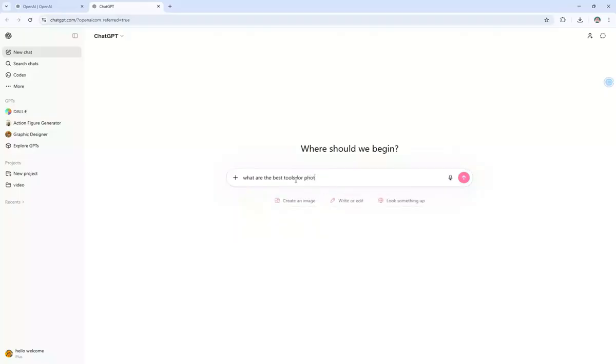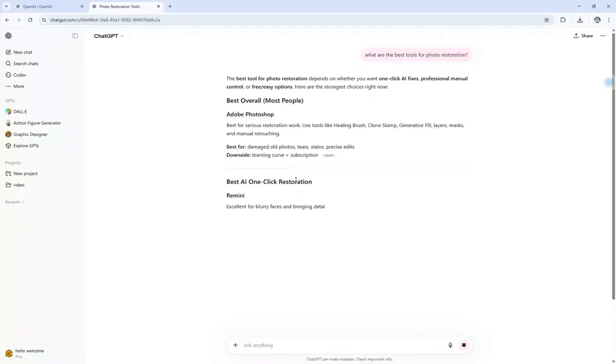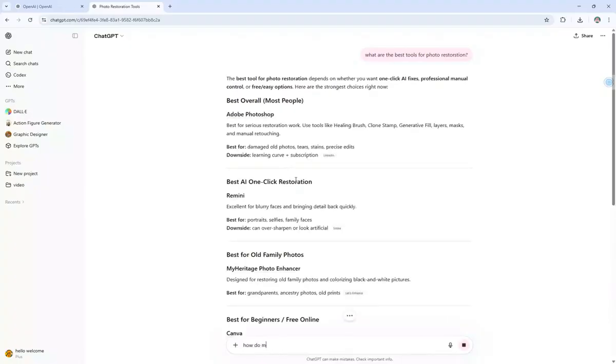Start by typing in a prompt asking for the best methods or tools for photo restoration, such as, "What are the best tools for photo restoration?" ChatGPT will then provide you with a list of recommended software or online tools that are currently popular and effective